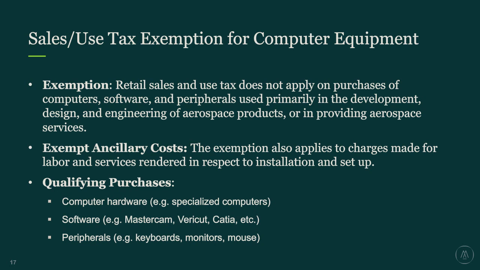And then the last piece of this, looking at what exemptions could potentially apply to your computer equipment and software, I'd also just like to note that the M&E exemption that Shane was talking about is not necessarily specific to aerospace. Sometimes you can have computers and software that also qualify under that as well. When you're running an aerospace R&D or product development operation and manufacturing and so on, your computers and software could potentially fall under this exemption when they're used in a product development sense, or they could potentially fall under the M&E exemption if they're used in a manufacturing context.